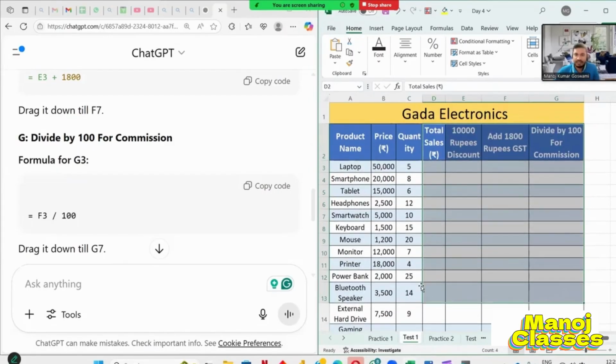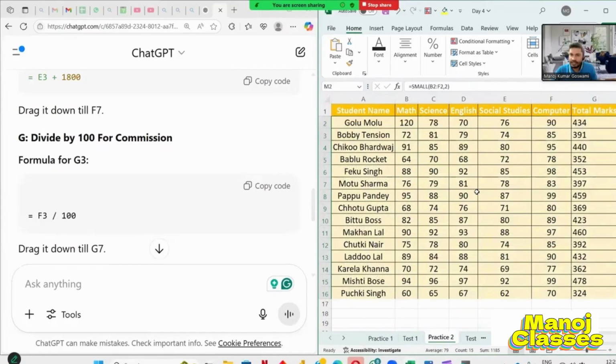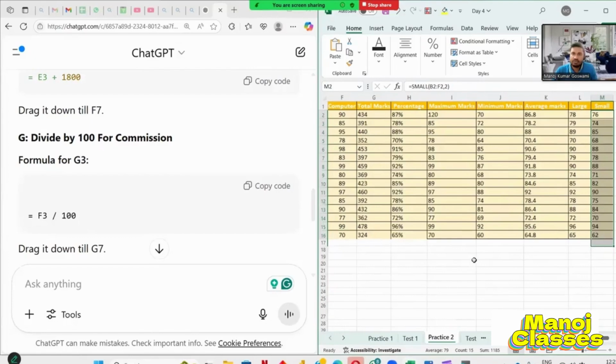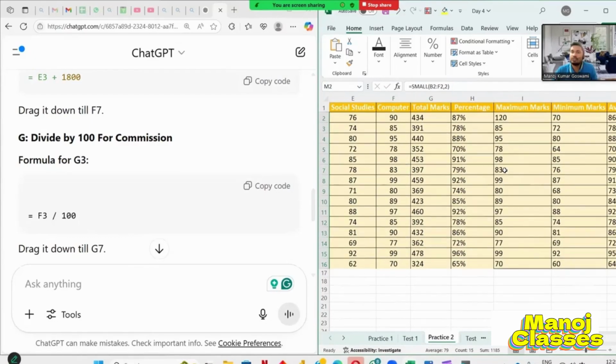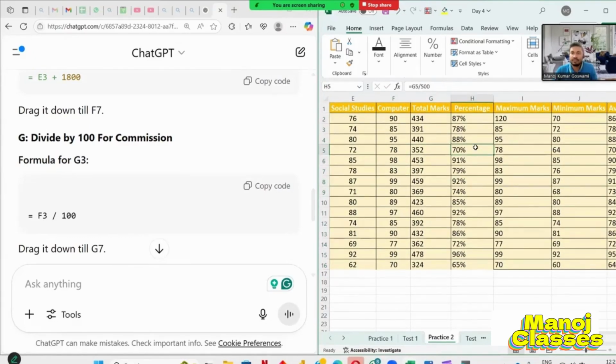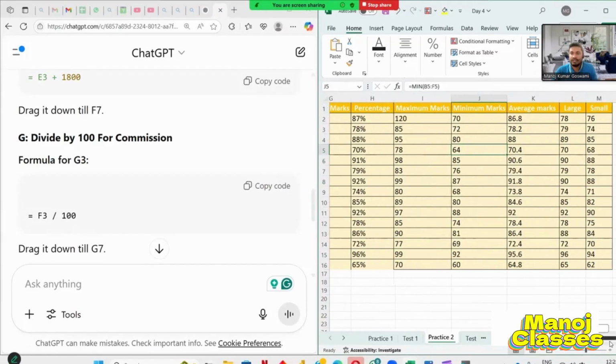So now, guys, this is the table for you. You need not do anything. Just look at this table. It is the practice table you need to do. We are going to the second practice. Suppose that you don't know how to find out the total marks, percentage, maximum, minimum, and average, or large, small,